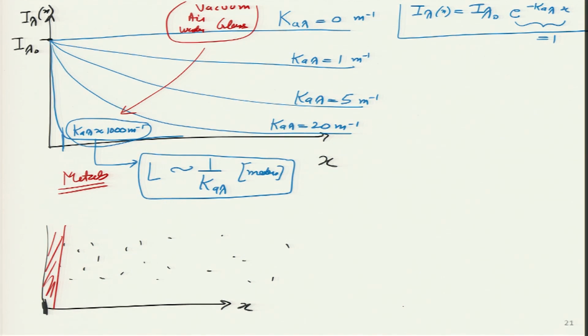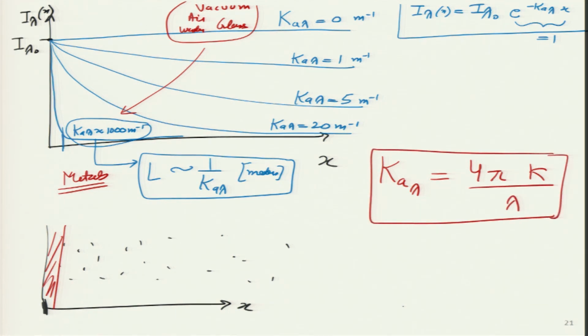I think I am reaching near the end of this lecture, but before I stop, even though it is an advanced topic over here, I want to share some insight about the value of Kaλ. So, the expression for Kaλ for simple uniform material with no impurities can be given by this expression over here. So, 4π is a constant, λ is wavelength. What is this kappa? The Greek symbol kappa, and it can be related to the complex refractive index like this.